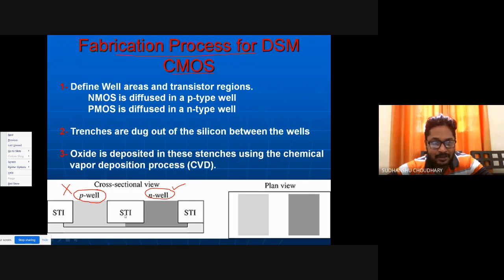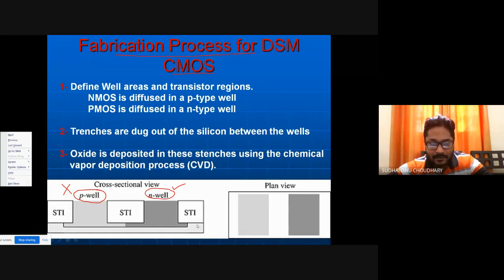That insulation was provided by using an isolation technique called shallow trench isolation, or STI. In shallow trench isolation, you dig a hole in between this region and then fill this hole with some dielectric or insulator. That way you can provide insulation between this P well and N well.